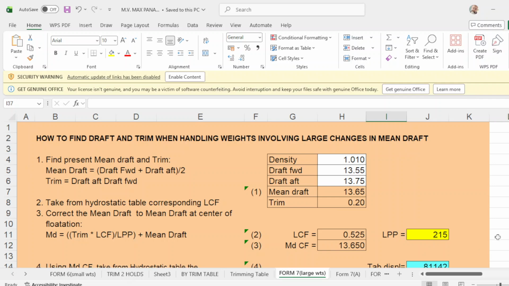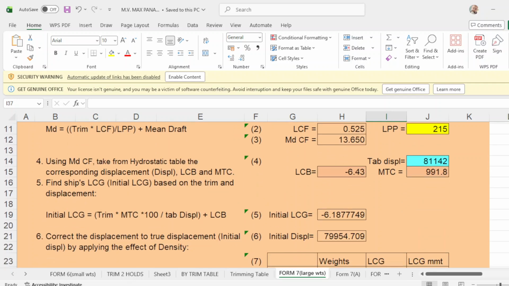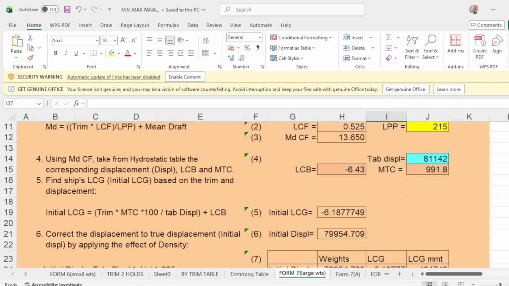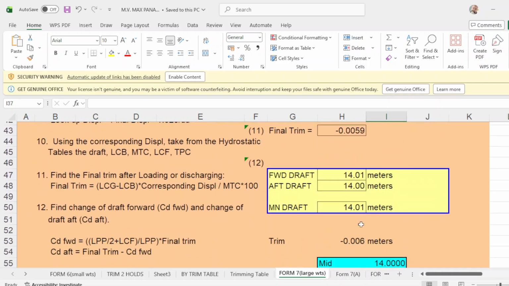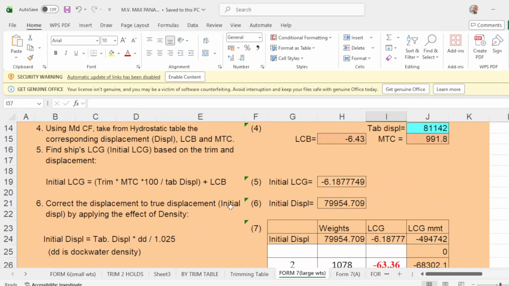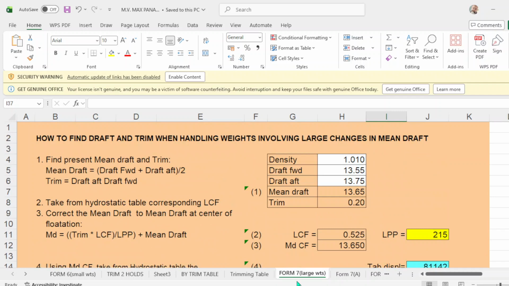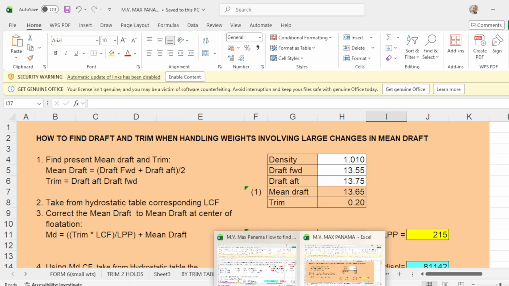You see the numbers here. You just follow the numbers and it has a formula. Then you will derive all these numbers on the right side until you get your final draft. It is derived from form number 6 of this manual computation.